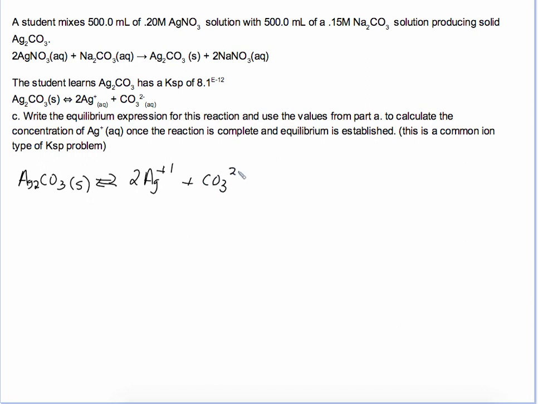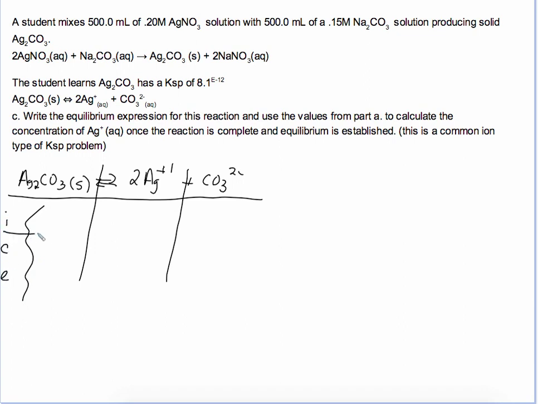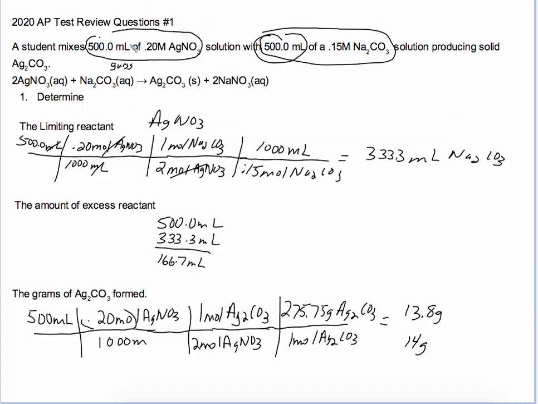Okay, so 2Ag+ plus CO3 2-. Okay, so we'll make our ICE table. Now remember, solids aren't going to be part of the equilibrium expression, so we don't need to worry about that. Now, here's the thing. I kind of gave you a hint that this is a common ion type of problem. If you remember from the first part, we're mixing these two together, but the problem is after we mix them together, there's some left over,